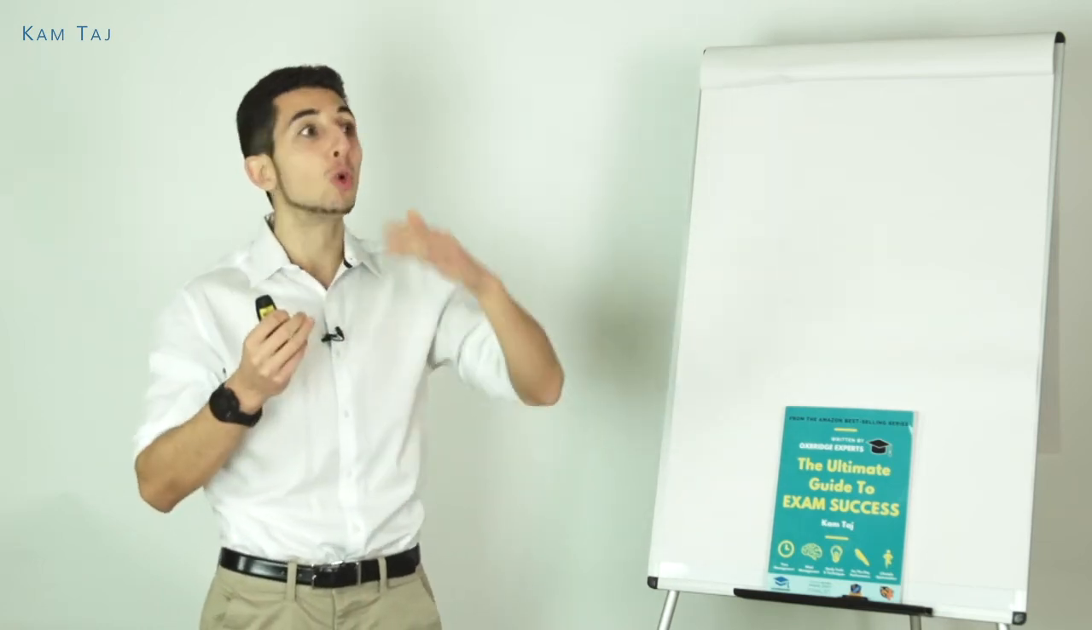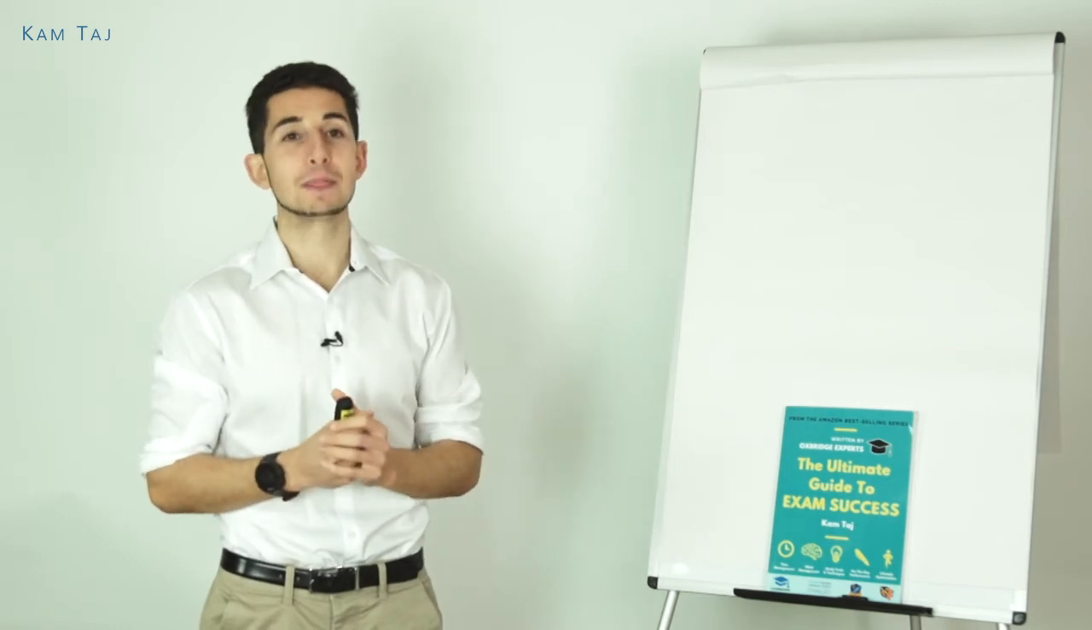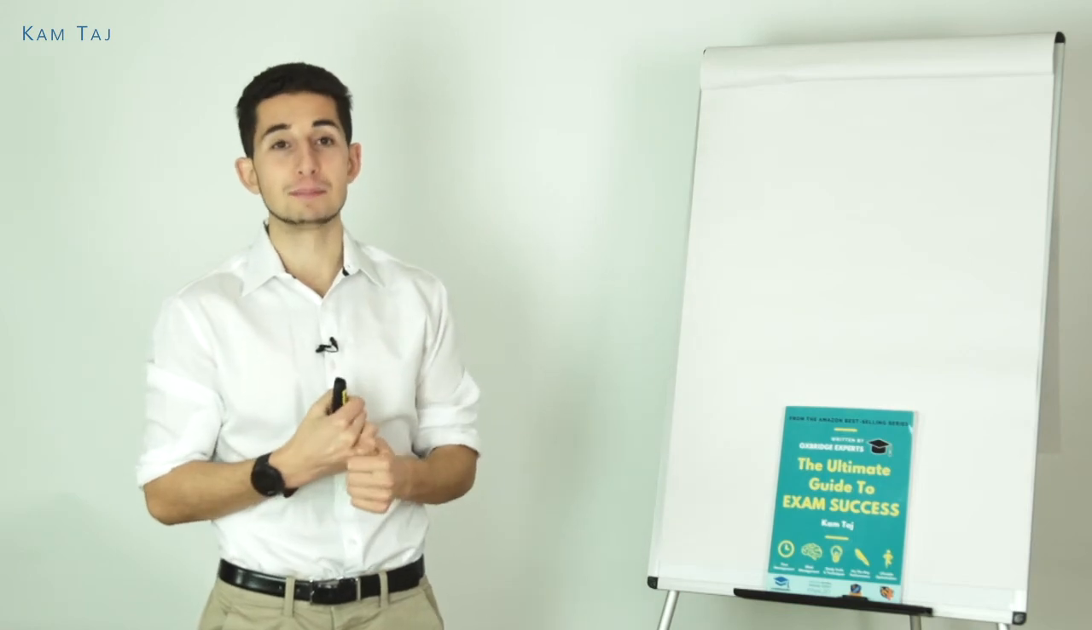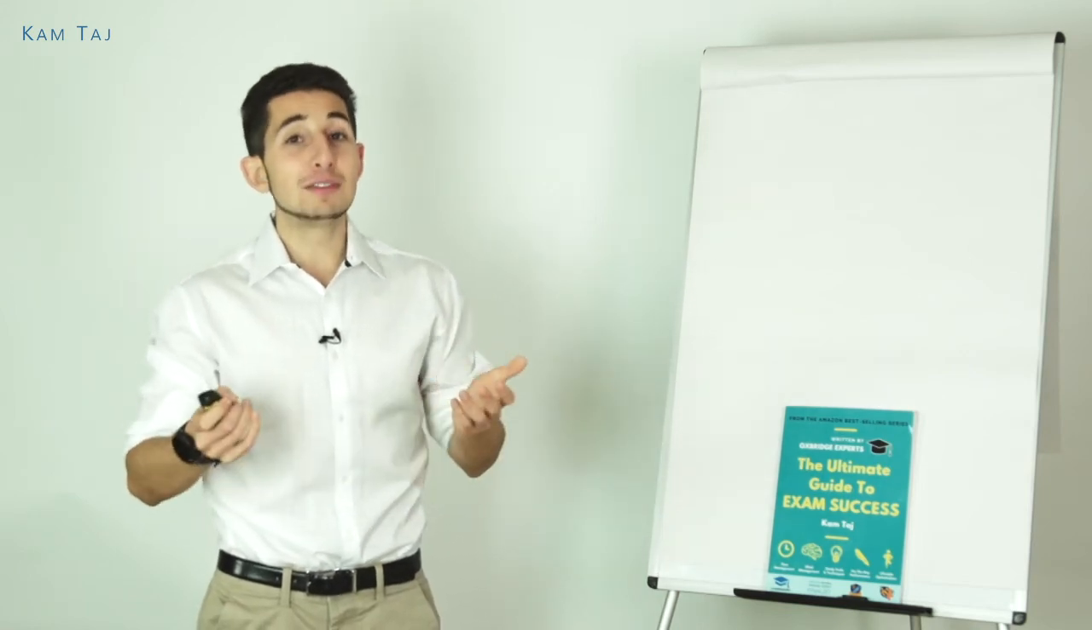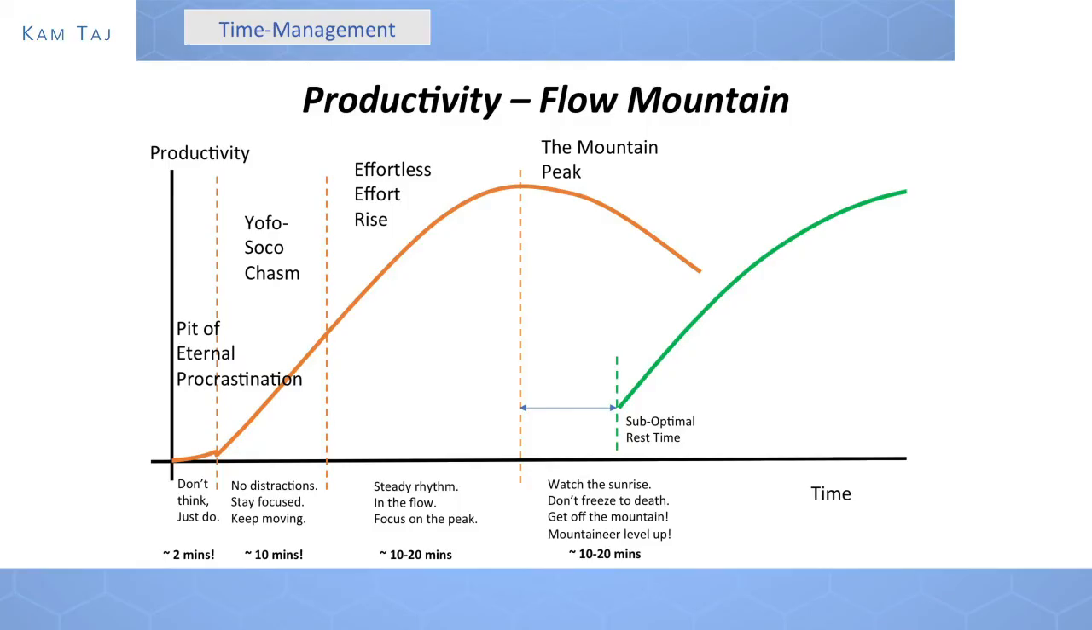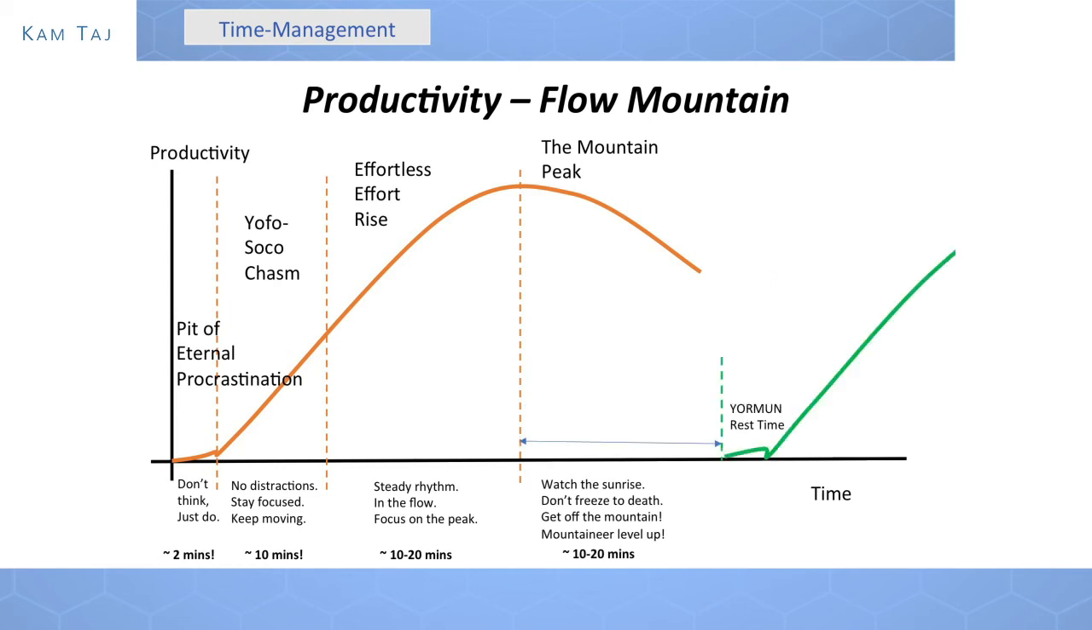You can just resume already at almost 50% productivity. You can already start moving towards reaching maximum flow in a much shorter time. Now, if unfortunately you spend a bit longer resting than you should, you're just going to come further down that productivity peak again, and you're going to have to start much lower down. And of course, if you spend too long, you end up at what I call the Yorman rest time. The "you really messed up now" rest time, because you're just going to have to go right back to the beginning, navigating the pit of eternal procrastination, the YOFO SoCo chasm, and all of the traps that come with navigating